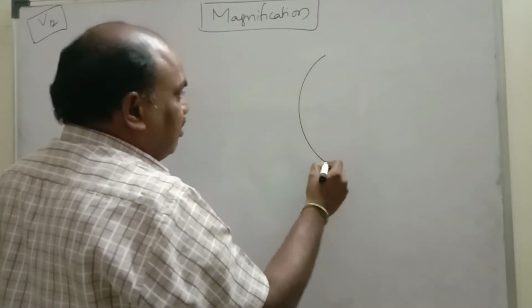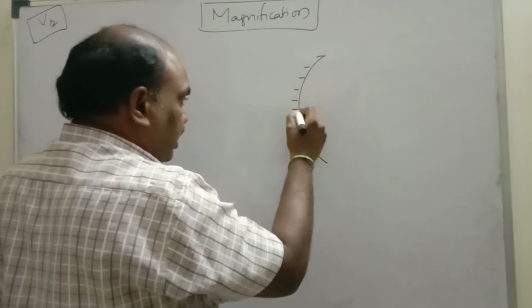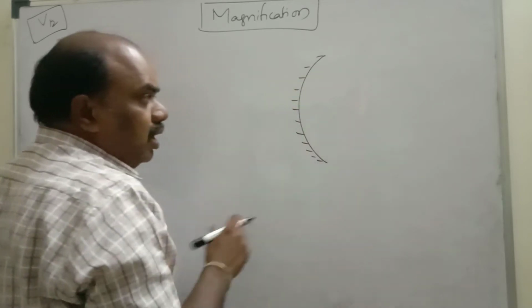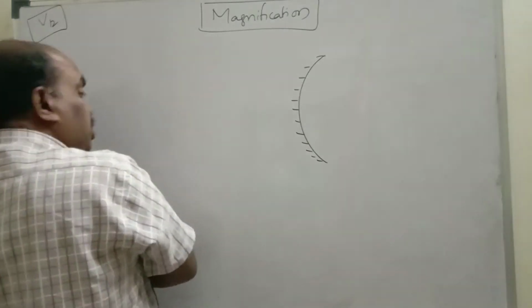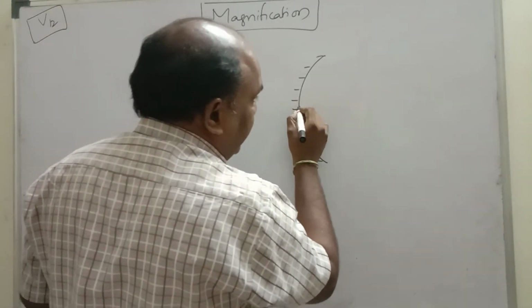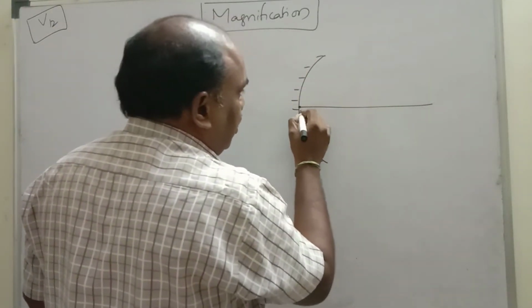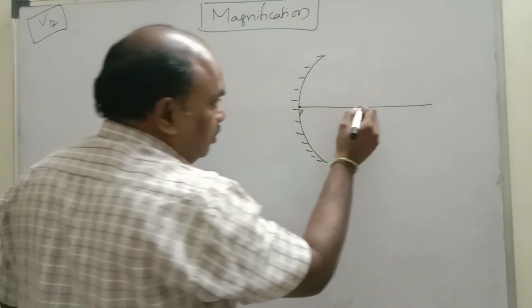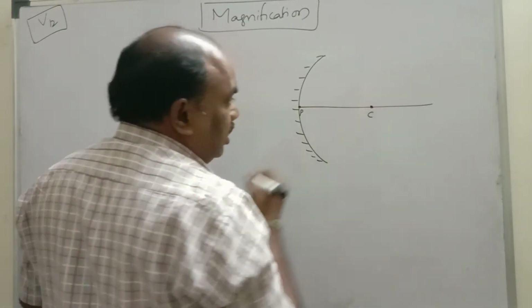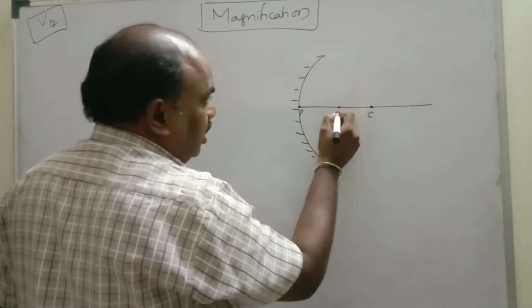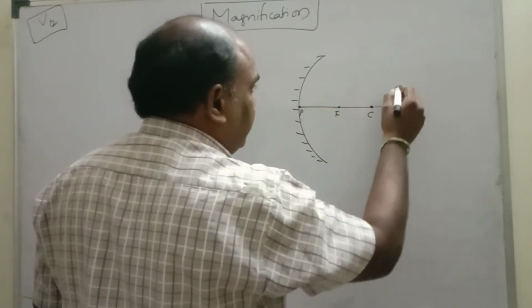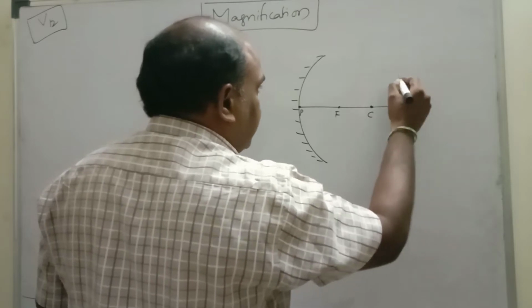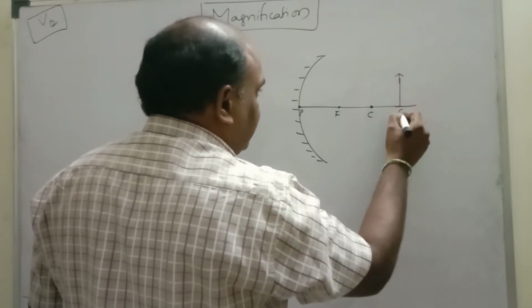Again, you consider one concave mirror. This is a curved surface, with the silver mercury amalgam on the outside, so it is called a concave mirror. This is the geometrical midpoint, principal axis. This is the geometrical midpoint, pole. This is the center of curvature C. This is the focus. Focus lies exactly in between pole and center of curvature. I kept an object here. This is an object, denoted by O.